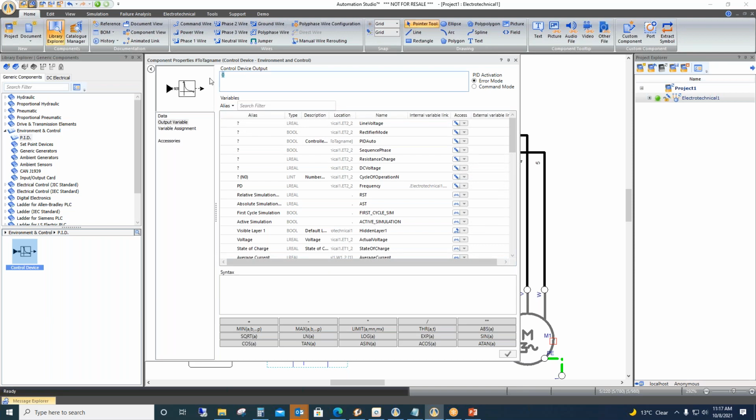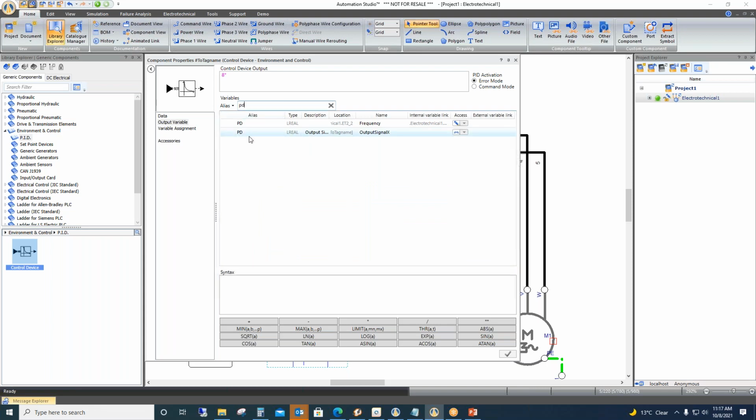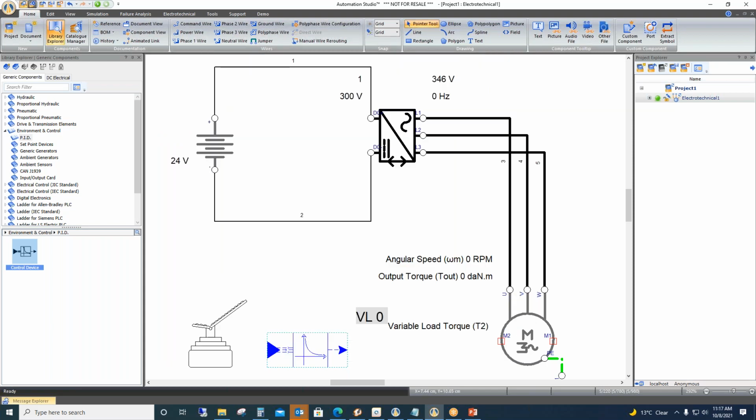So here I'll write the equation as 8 into pedal signal. 8 into pedal signal means whatever will be the output of the pedal frequency, that will be multiplied by 8. And this calculated result, the line voltage VL, will be linked to the line voltage parameter of the rectifier.